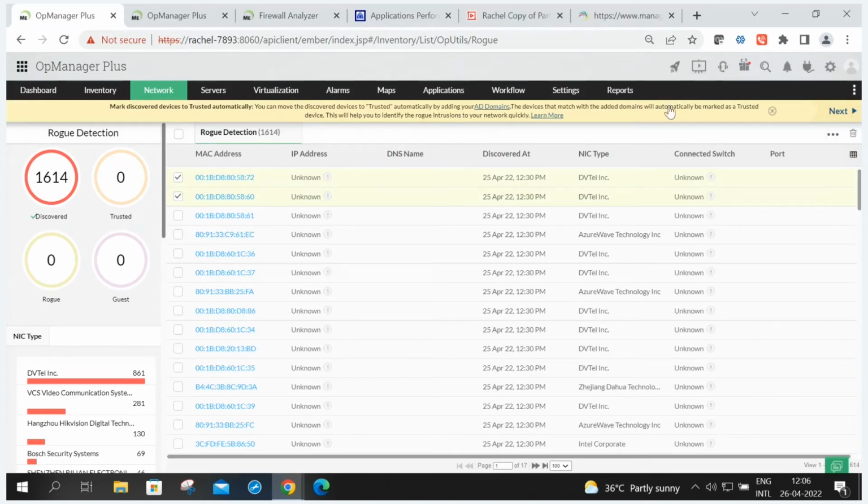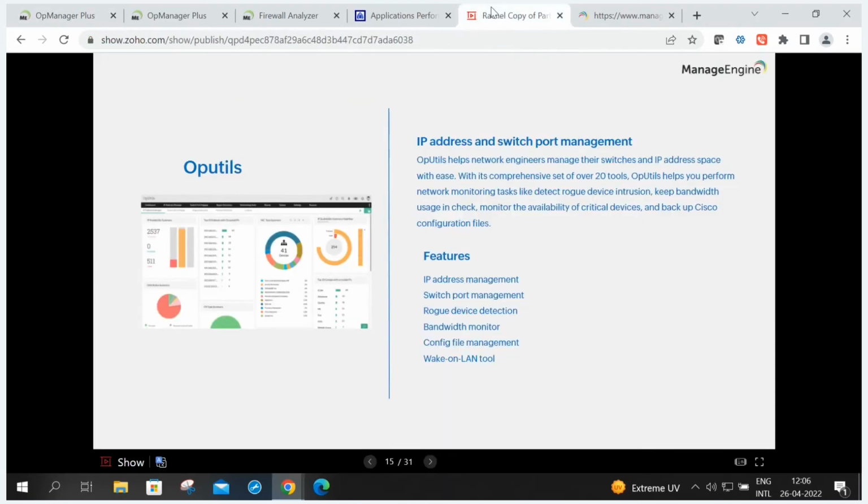So all you have to do is import devices based on your MAC device details, or you can also import via Active Directory so that the unauthorized devices would be marked as rogue devices. And here the licensing is based on the ports and the IP addresses. So with this, we wind up with the OpUtils module. So coming back to our presentation,